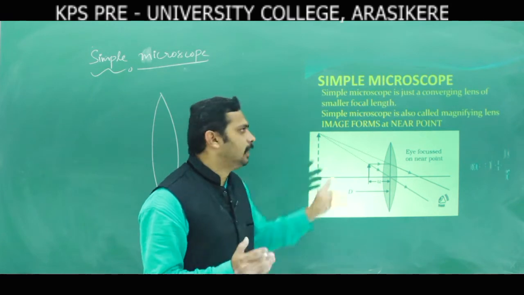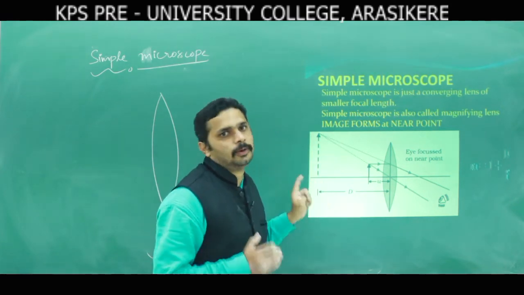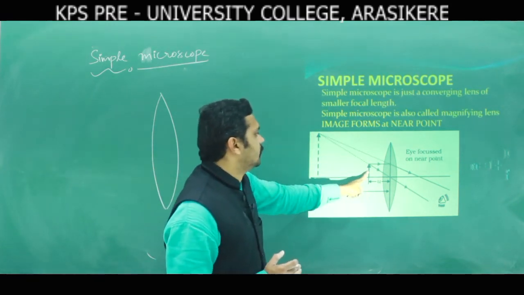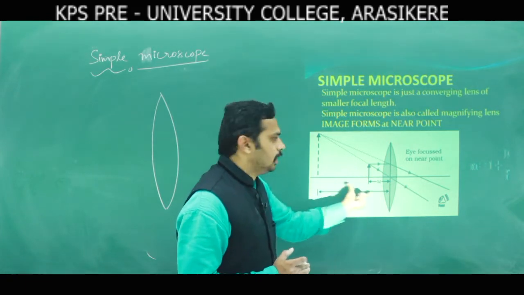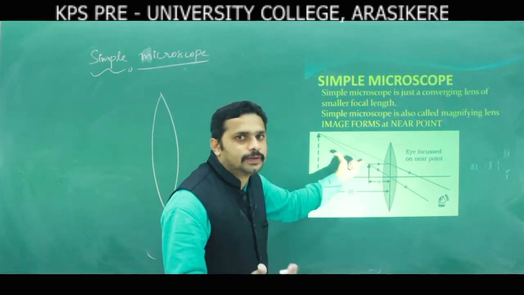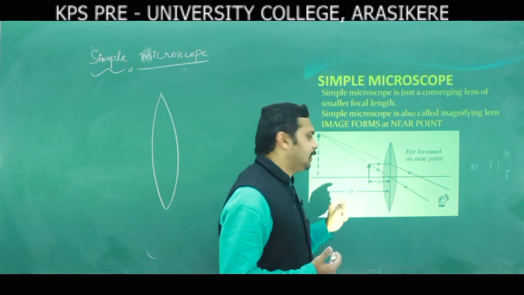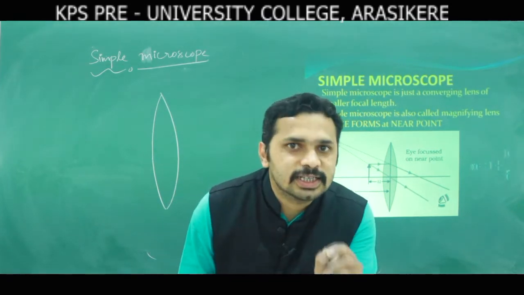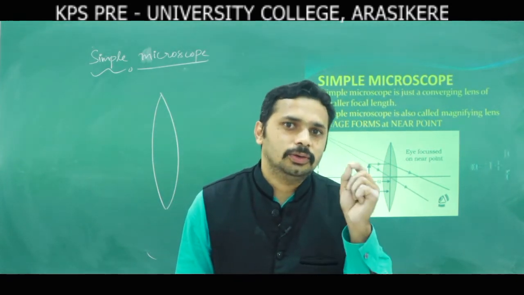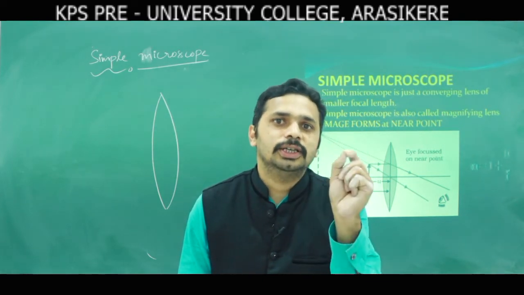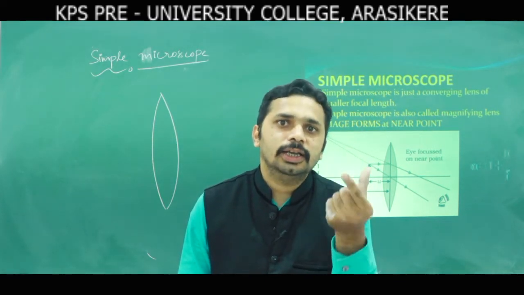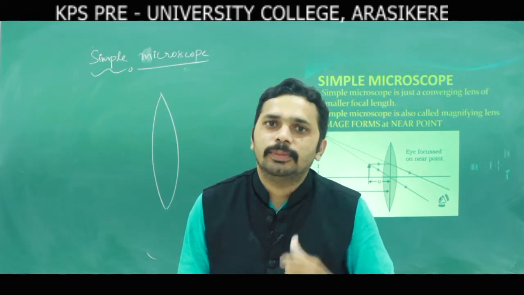First I am going to explain the image forming at the near point. This is the object, which I have placed somewhere here, and the image should come nearby. You know capital D: it is the least distance of distinct vision. To see the image or object clearly, we need a certain distance, which is the minimum distance.